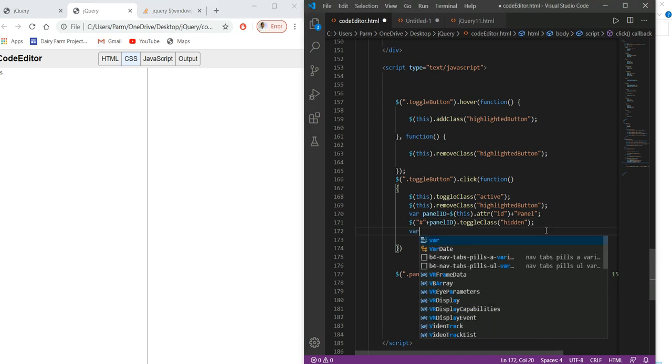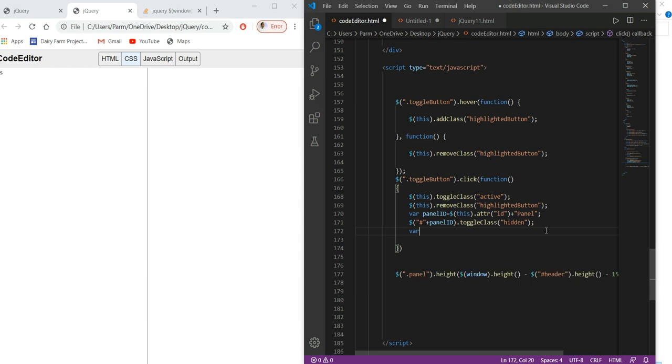Here we declare another variable, number of active panel. We're taking the variable number of active panel, so that is maximum equal to 4, minus whatever is hidden over there.